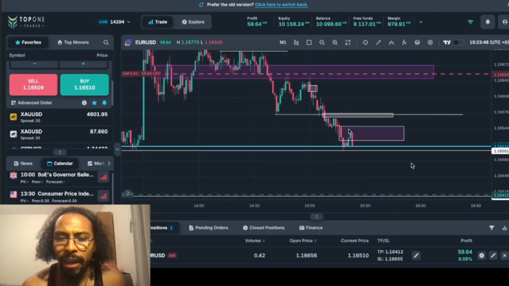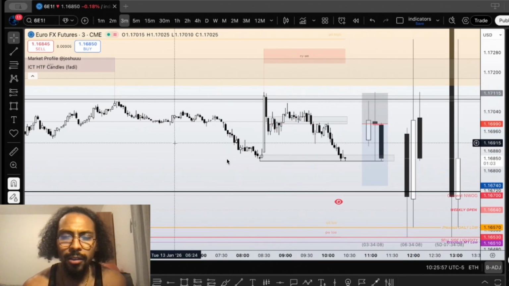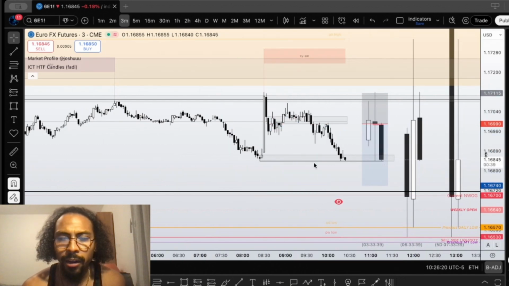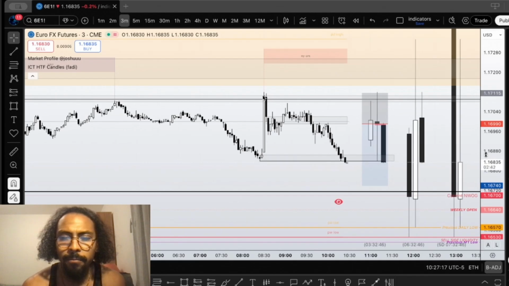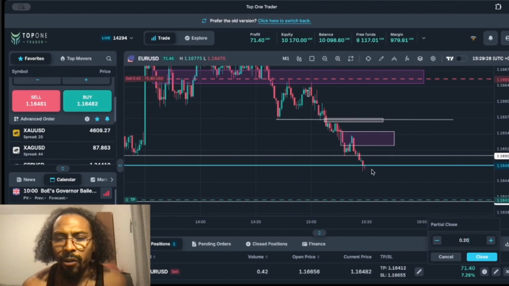Watching it reject off of that FEG to continue down to this new week open gap in this weekly open. So I wanted to see displacement below this 830 low. Okay, and I marked it out as a breaker because this is the last down close candle that created the up move, right? So here we go. We're displacing through it. First set of partials here